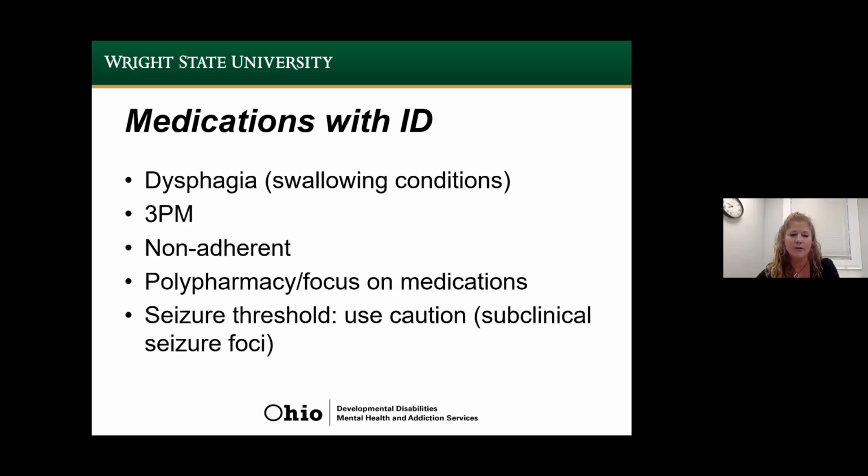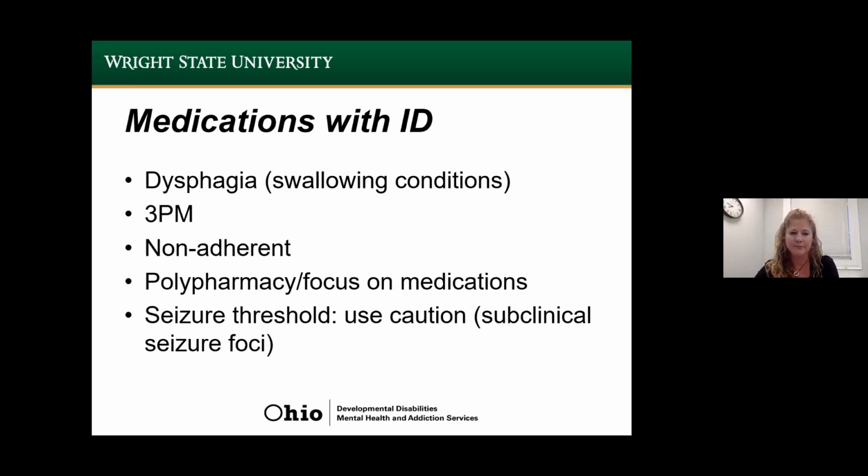We also want to always be cognizant of seizure threshold. So even if the patient doesn't have a history of having had a seizure in the past, I use extra caution with all of the medications. And there's a long list of medications that affect seizure threshold, but some of the more common ones we might be prescribing or have patients prescribed by other professionals include antihistamines, anticholinergics, phenothiazines, Wellbutrin, clozapine. And it doesn't mean that we can't prescribe these medications or that we should not, but we should use some extra caution and ask some extra questions along the lines of seizure threshold and past seizure history.